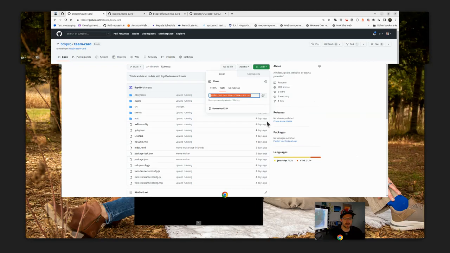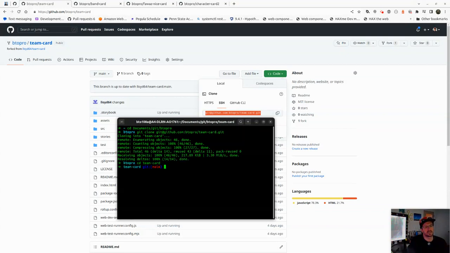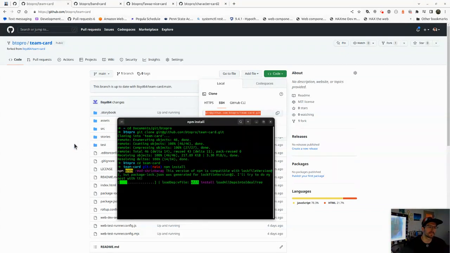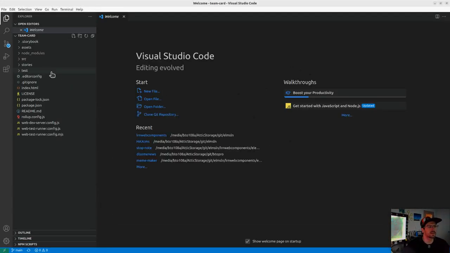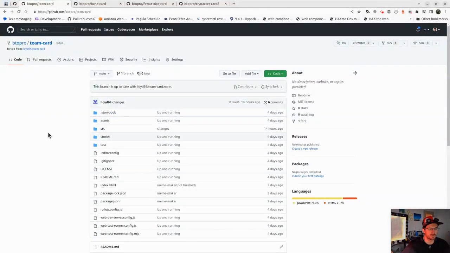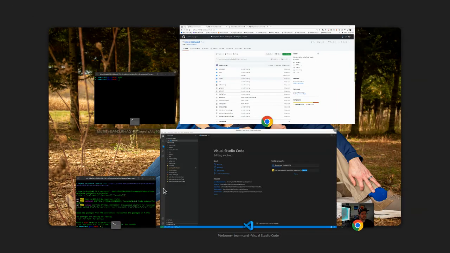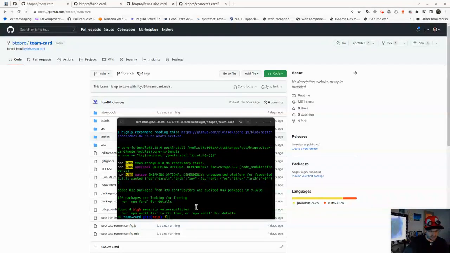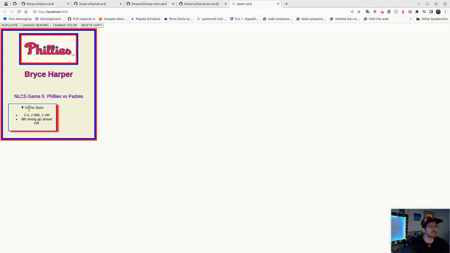And then I'm going to copy this one. Git clone team card, cd team card, npm install. Tee up other windows if I want. Open up code to this while it's running in the background. Now, if we look at just team card repository, it looks good at the top level, built using OpenWC. npm start. All right, so we got Phillies, Bryce Harper,